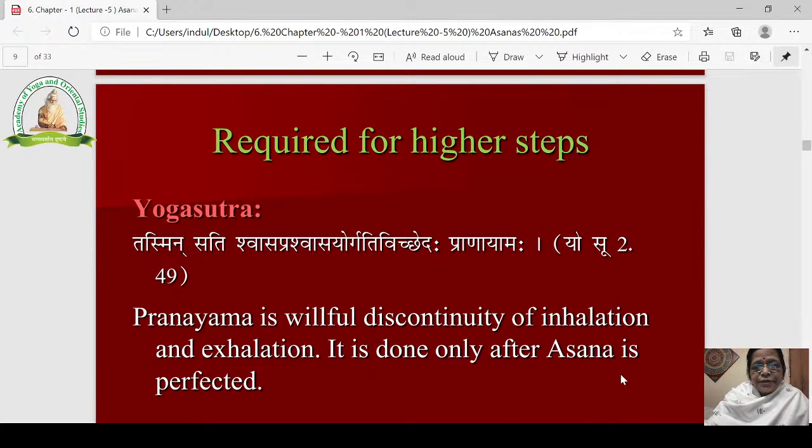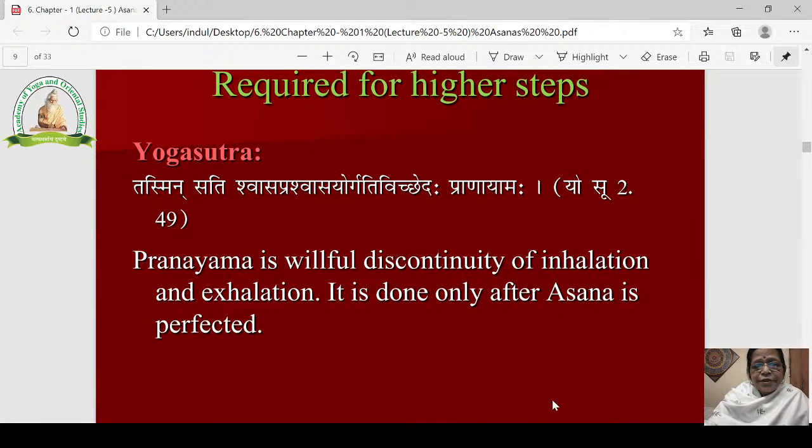Now the second purpose, it is required for higher steps of yoga. There are also many texts which support this. For example, Yoga Sutra says, Tasmin sati swasa praswasa gati vichhedaha pranayama. Pranayama is willful discontinuity of inhalation and exhalation. And when it is to be done, it is done only after asana is perfected, not before that. Only when one is perfect in doing asanas, then he should proceed to do pranayama,